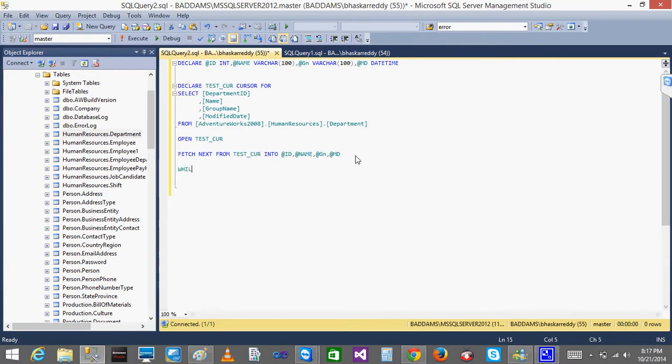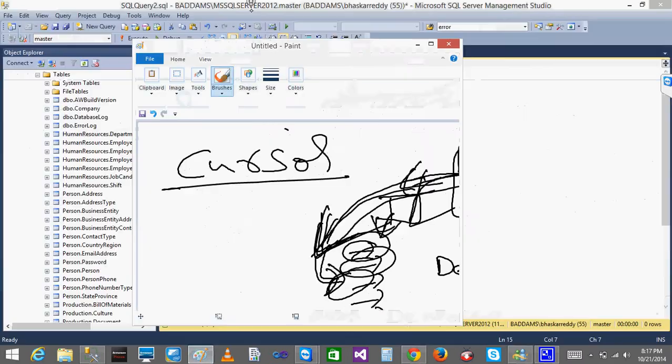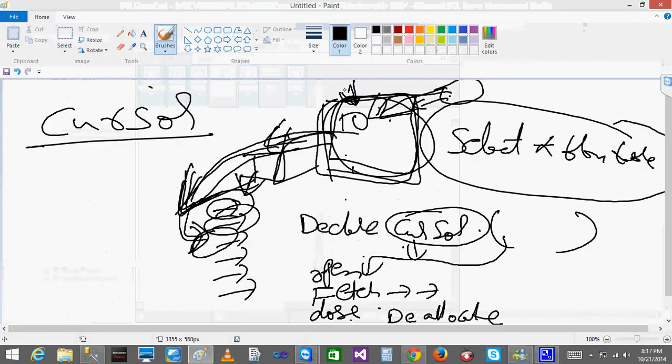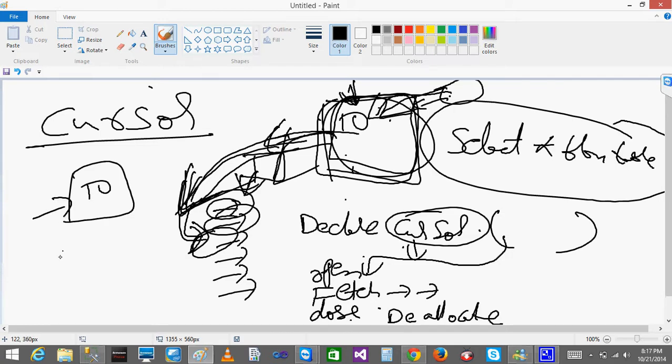Now you will use a while loop. My system should know how many times I should fetch, right. Generally I can fetch multiple times, okay, but how can I know that I have completed the fetch? Let us say here I got 10 records. So my system should fetch only 10 times.